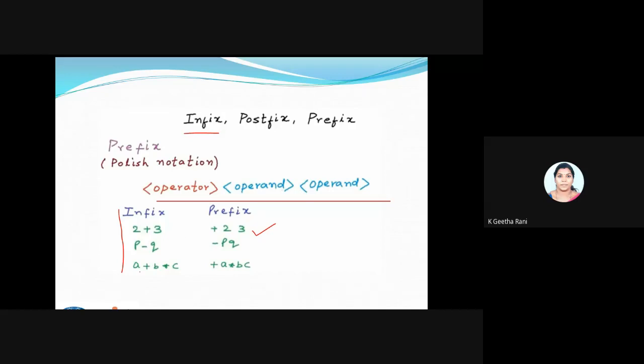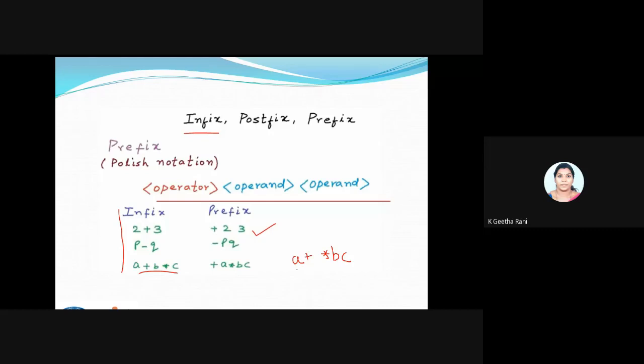Then a plus b star c. Here I will follow the rule first. Actually, what is the rule here? I'm having a plus and a star. Star is going to have a higher priority. Then first I will write star, my operator, then my operands b and c. Left out is a plus.